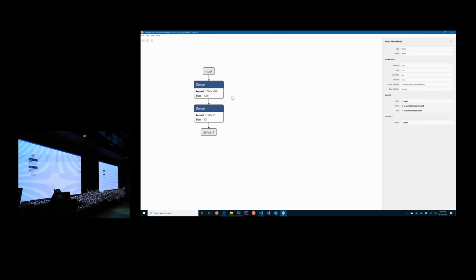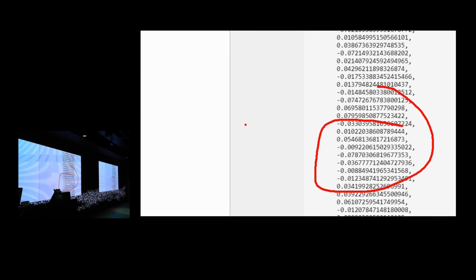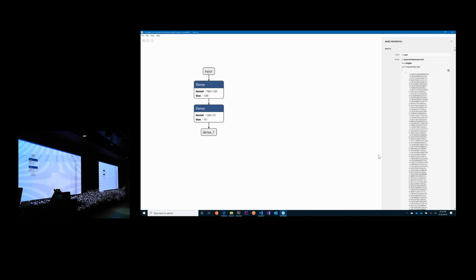And when you look at it, I just had a two-stack, and notice that there's the kernel. It's that matrix I told you about. Look at the size. And look, these are the numbers that it learned. I don't know what else to say, but it basically learned more numbers on its own. That's a model. Did you have a question?